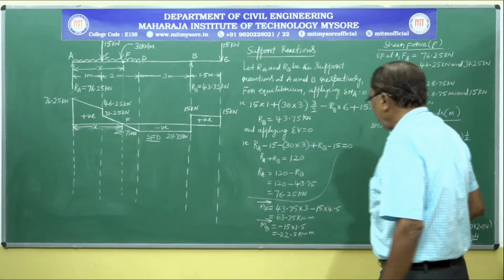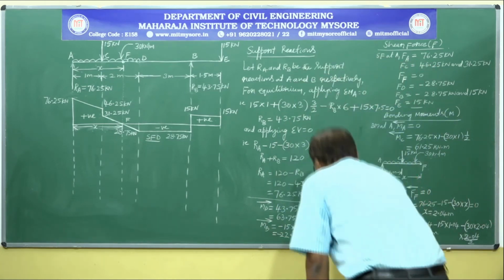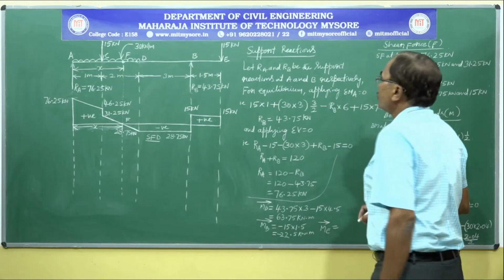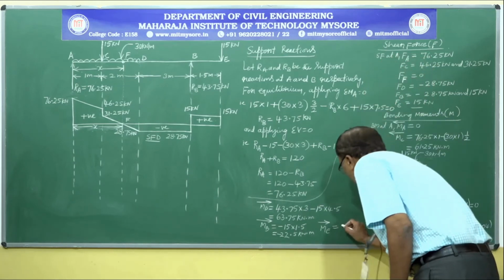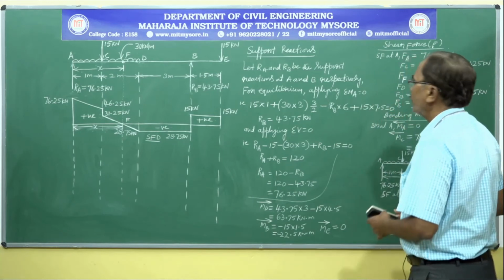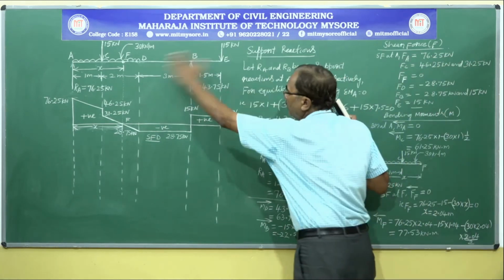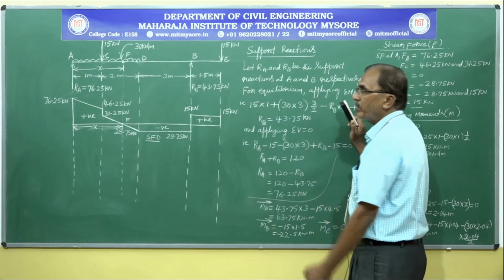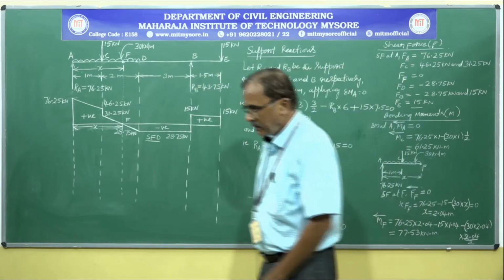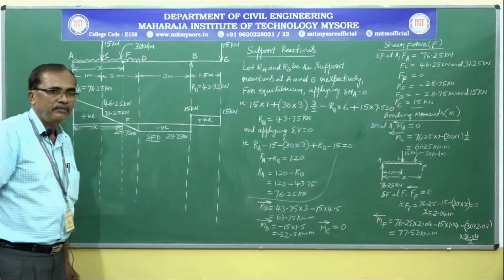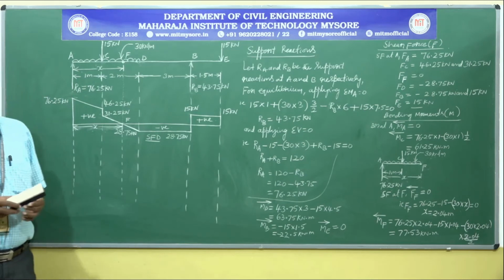Lastly, bending moment at point E. At point E, again if you consider forces to the left hand side, as there are no forces, bending moment at point E is 0. Even if you consider all the loads acting on the beam to left of E, we will get the 0 value. We can check it. After calculating bending moments at various salient points, we can comfortably draw the bending moment diagram.